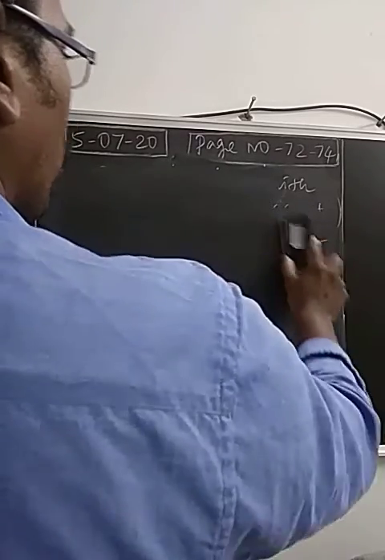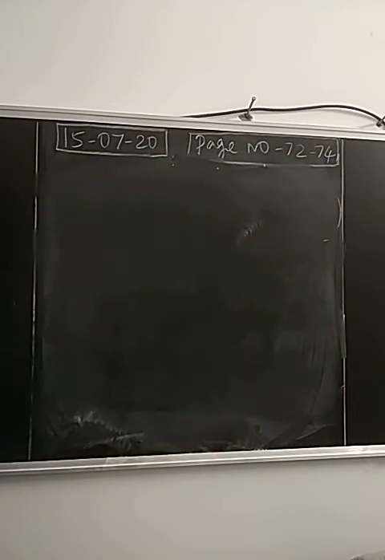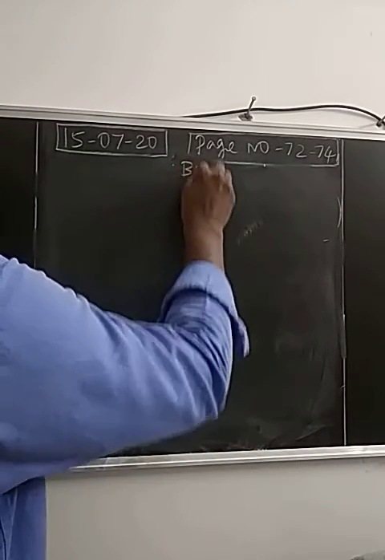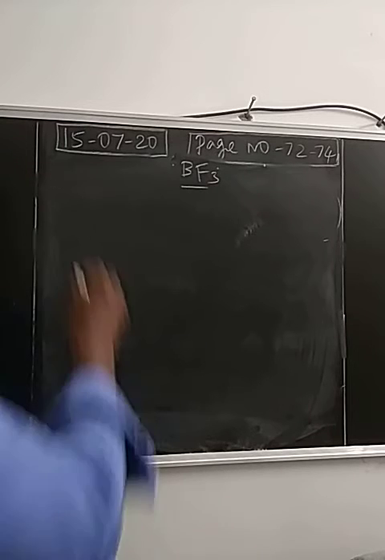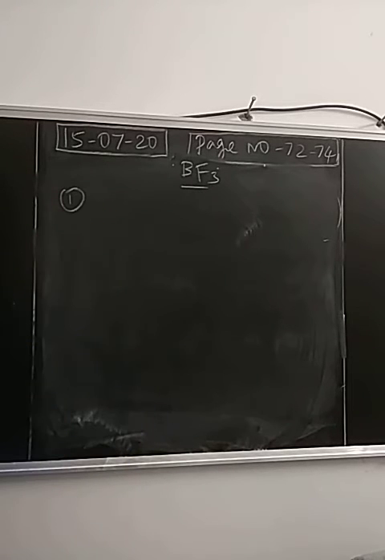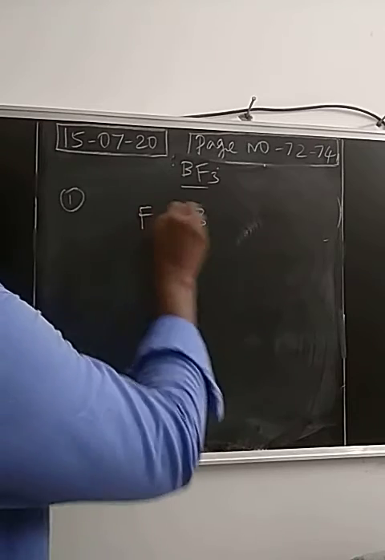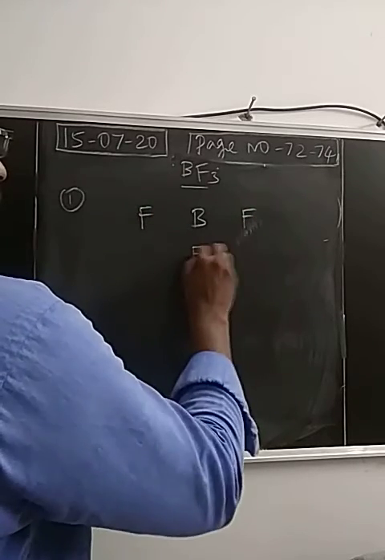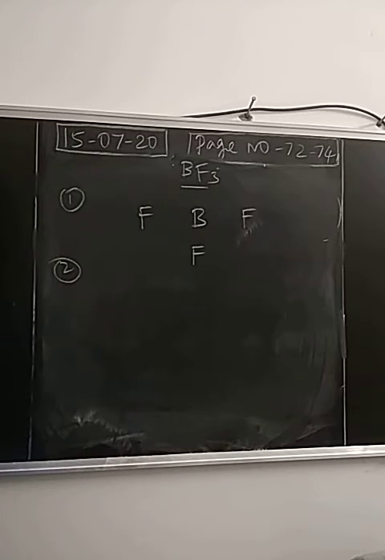So this is a 5-mark question: explain the molecules which will not obey the octet rule. Example, boron trifluoride. For boron trifluoride, you just derive the Lewis dot structure. What is the first step in the Lewis dot structure? We draw the skeletal structure. What is the second step? We have to calculate the total number of valence electrons.